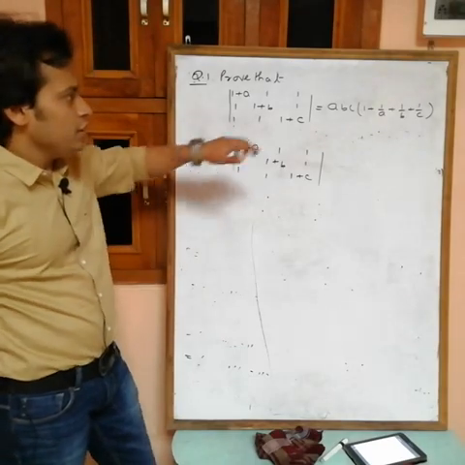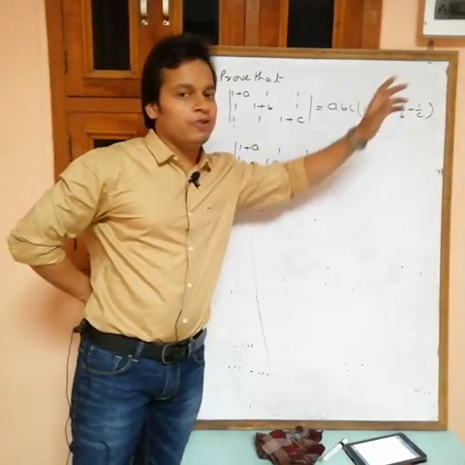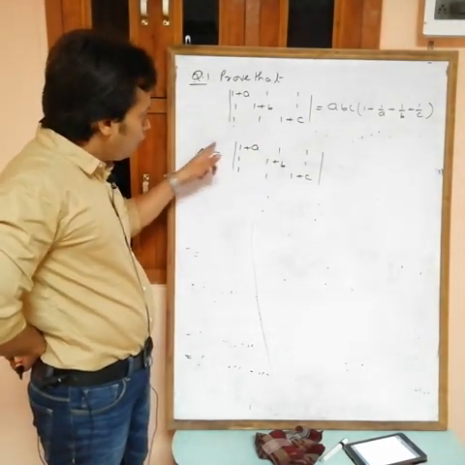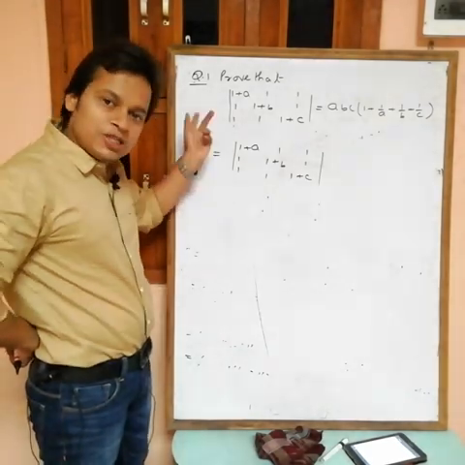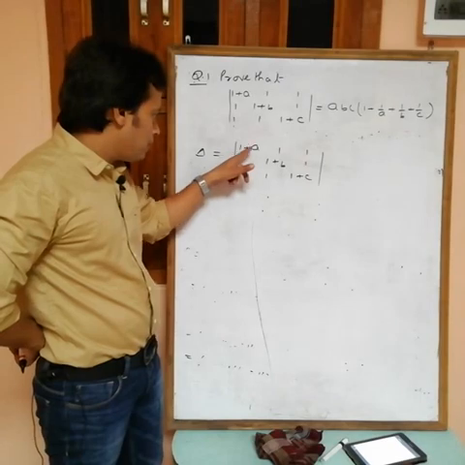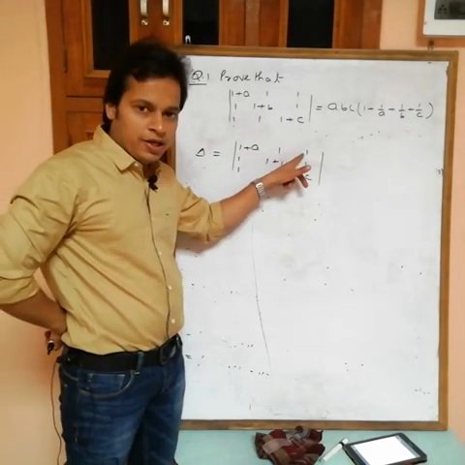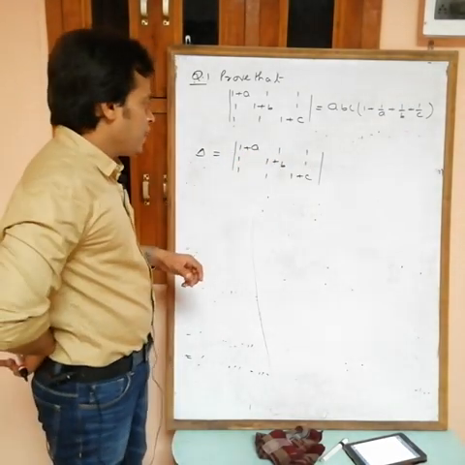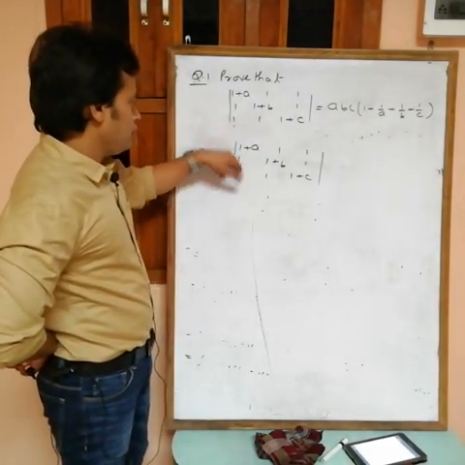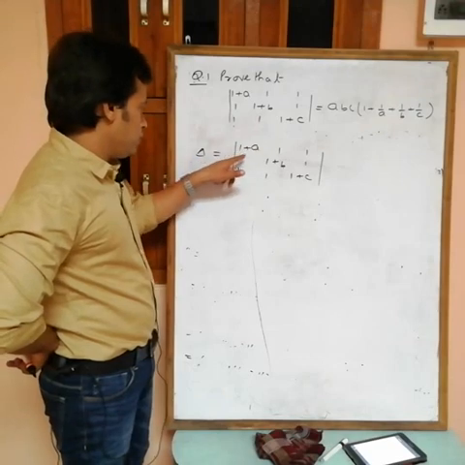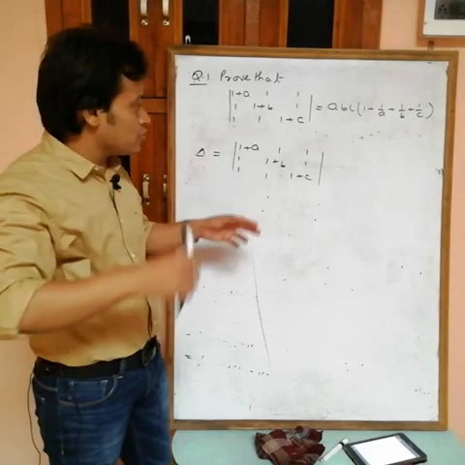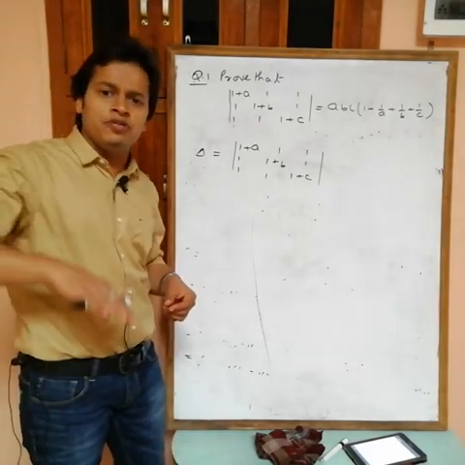but we want abc. Okay, so I have to take common abc. And also see, in the result we want 1 by a, 1 by b, 1 by c. When will you get 1 by a? You will get 1 by a if you take common a from R1 or from C1. Suppose you are taking common a from R1, then what you will get? 1 by a plus 1, 1 by a, 1 by a. We have to divide by a, na. Okay, so we want now 1 by a. Similarly, if you are taking common a from C1, then 1 by a plus 1, 1 by a, 1 by a. So if you want these values in terms of 1 by a, 1 by b, 1 by c, then we have to take common abc.